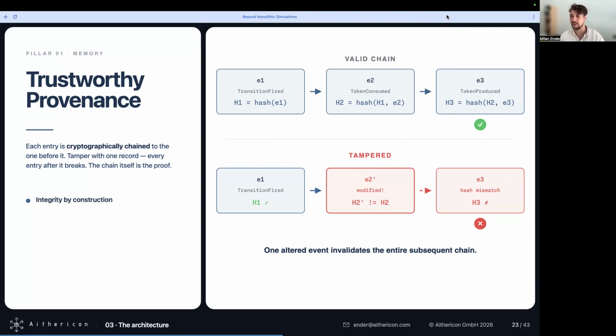So it's not easily possible for a bank employee, for example, to just change one transaction and suddenly he's a rich guy. No, we can see this transaction was tampered with, and all the hashes afterwards don't match anymore. And so we can have really a trustworthy system by constructing it this way.